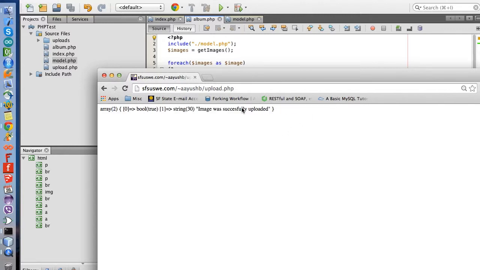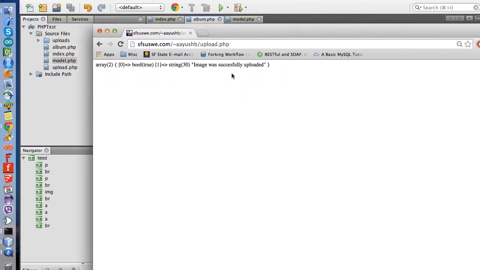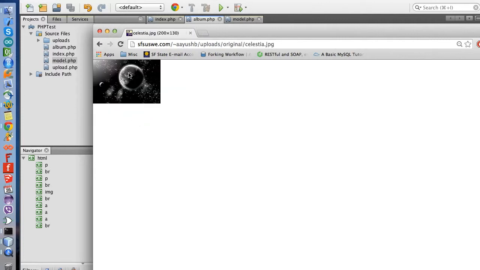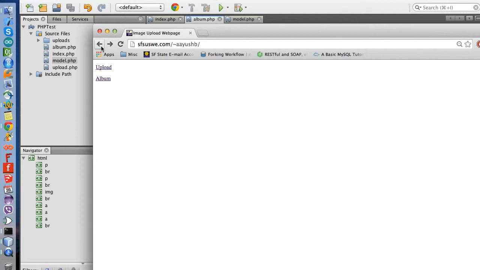If you click on upload image, it tells you upload was successful. If you go back to the album page, you should see the celestia.jpg description. This is a cool space picture, and you can view the small size, the original size, and the medium size. All right, so that's it. Let's fix something before we stop the tutorial. Now, when we uploaded,